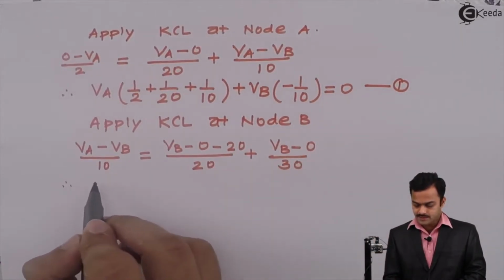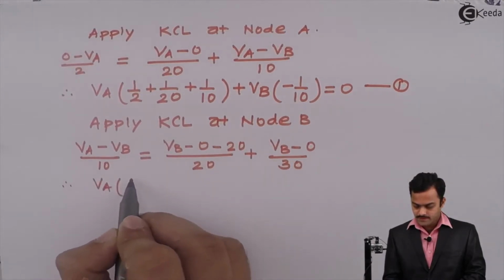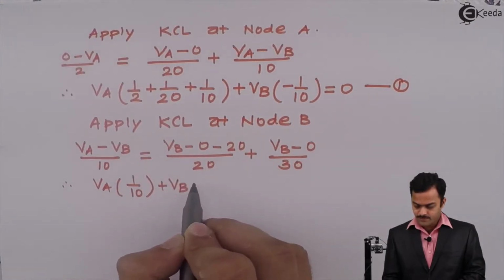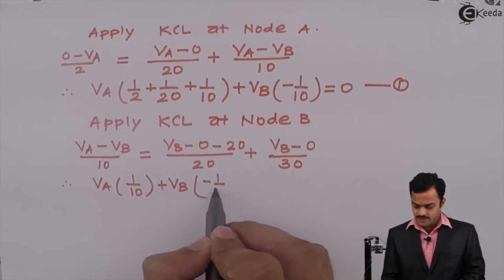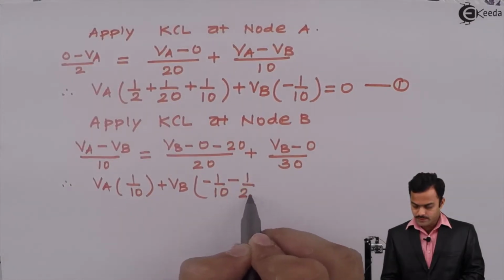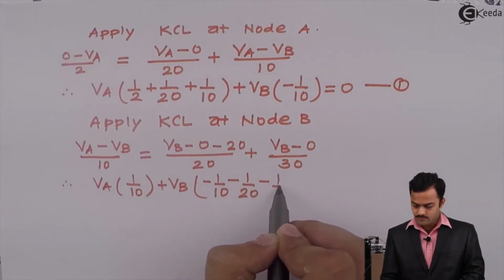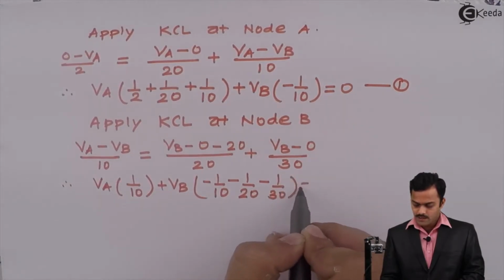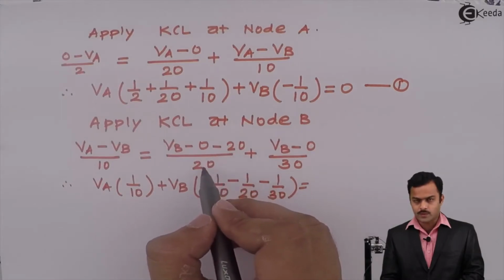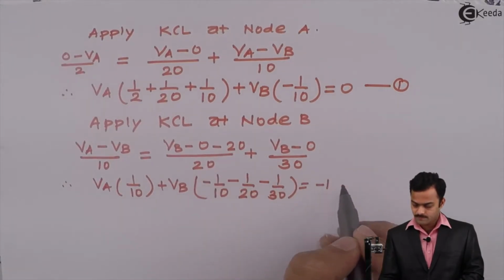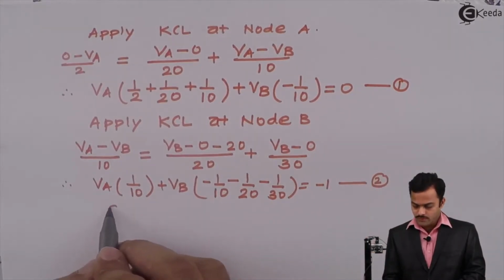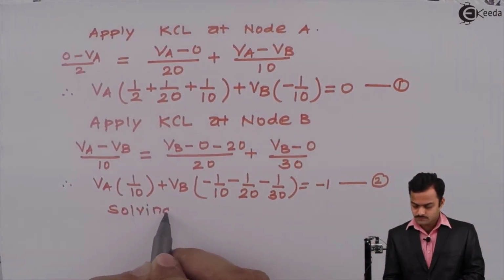Again, rearrange the terms. So VA (1/10) plus VB (minus 1/10 minus 1/20 minus 1/30). I will keep the constant on the same side, which is minus 20 divided by 20, minus 1. Equation number 2. Solving equations 1 and 2,